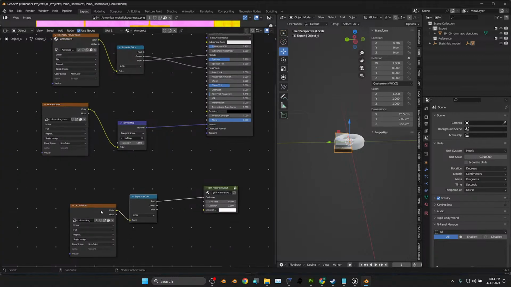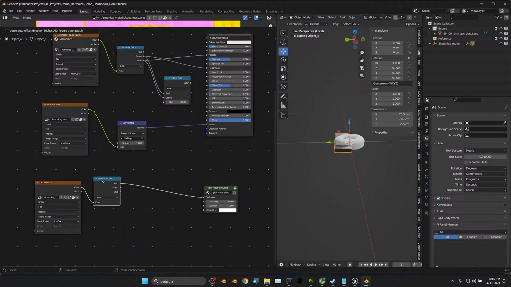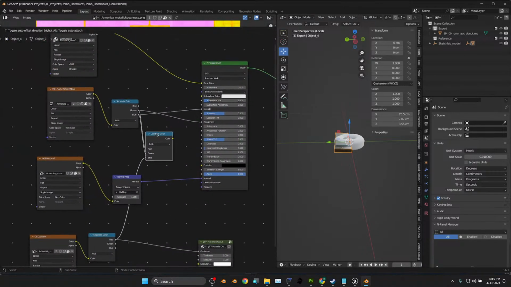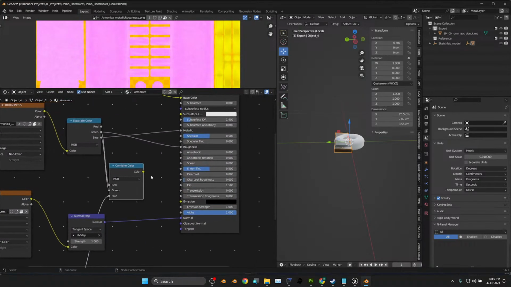Here we go. Okay. So Shift A, combine. That's not right. Shift A, search combine color, and we'll do this again. So my roughness goes into my red. Metallic goes into my green, and I'm going to take this red and throw it into here. Now I'm going to then use this and throw it into my emissive,